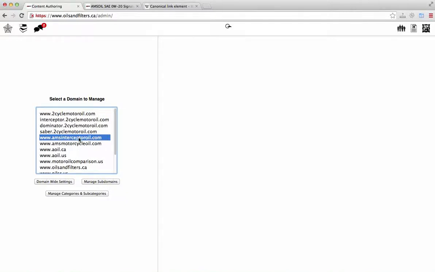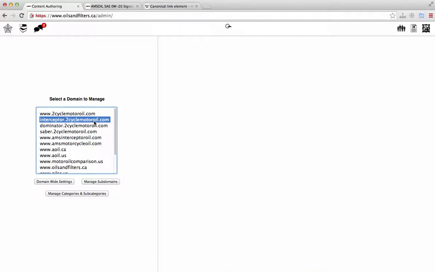So this dealer had to register another domain and stop using amsinterceptoroil.com. So this dealer went ahead and registered 2cyclemotoroil.com and then created interceptor.2cyclemotoroil.com. Apparently, the word interceptor can be used as part of a subdomain and not in the registered main domain name, and transferred the main content of the interceptor page over into this